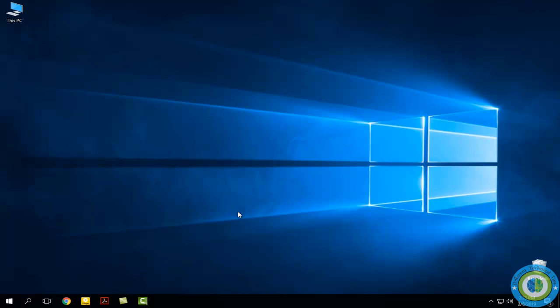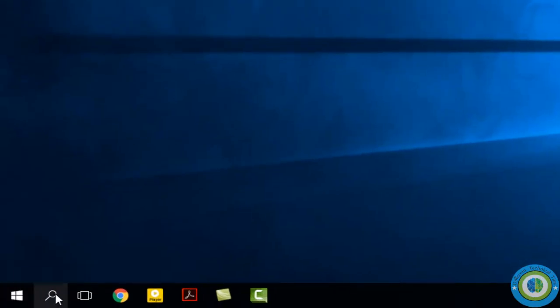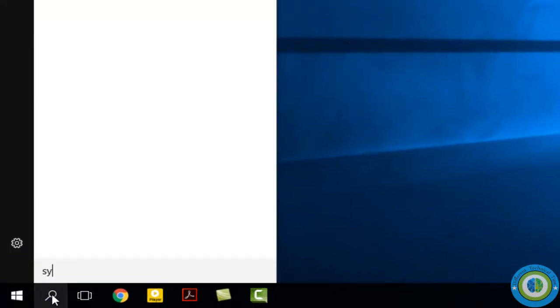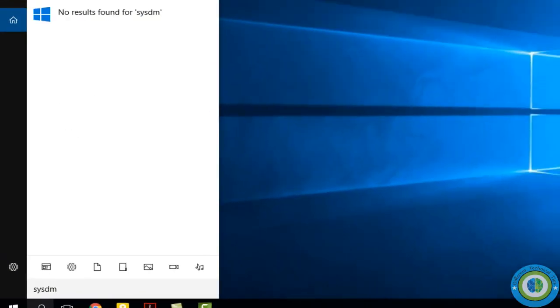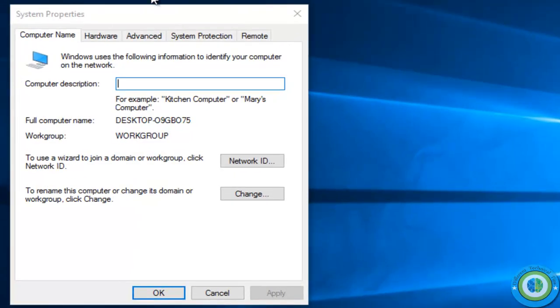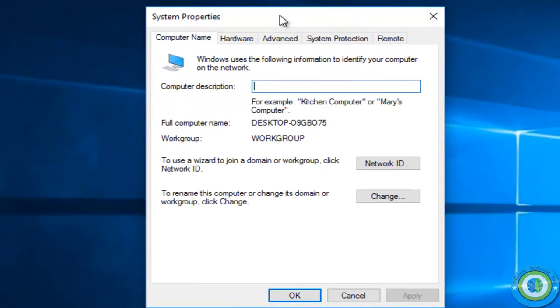So here goes our first method, that is increase virtual memory in Windows 10. So go to the search icon and write here sysdm.cpl. I wrote here sysdm.cpl and open this control panel item, and it is actually System Properties. Now go to the Advanced tab,